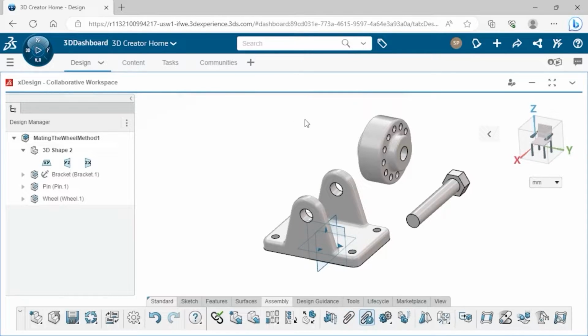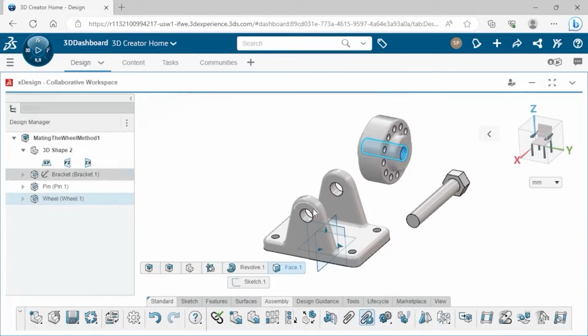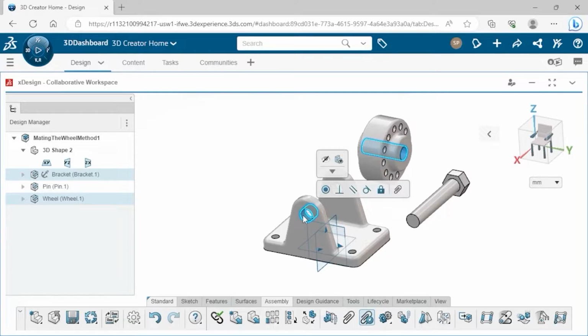I'll exit out of the mate dialog box and select the inner cylindrical face of the wheel. And then, while holding Control, select one of the inner cylindrical faces of the bracket. When I release the Control key, a Mate Context toolbar appears where I can see the possible geometric relations that exist between these two entities. The available mates include concentric, perpendicular, parallel, tangent, and lock. Note that these available mates will change based on what features, faces, and edges are selected. I'll select the concentric mate,